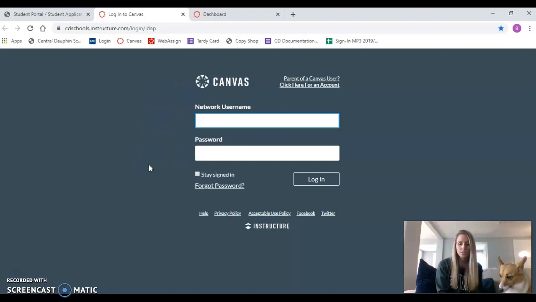If your password expired or your password's not working for you and you need a reset, please email me and I can do that for you. I'll send you an email back walking through how to reset your password so that you can make sure that you can access Canvas. Once you type in your username and your password, it's going to take you directly